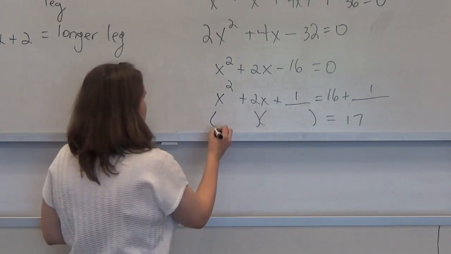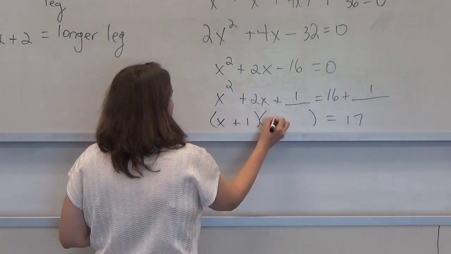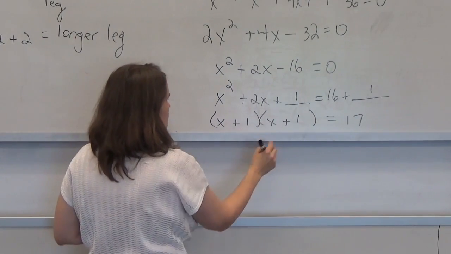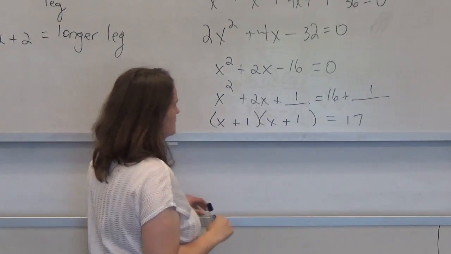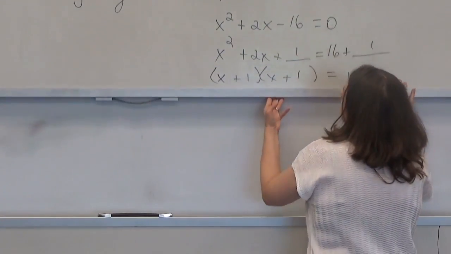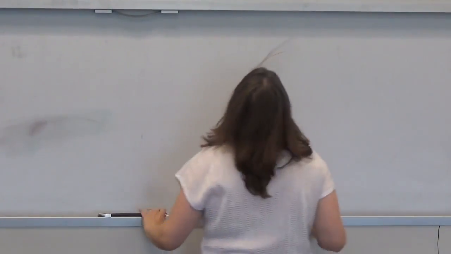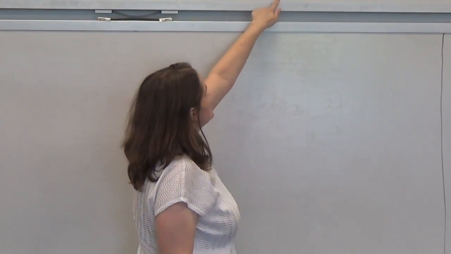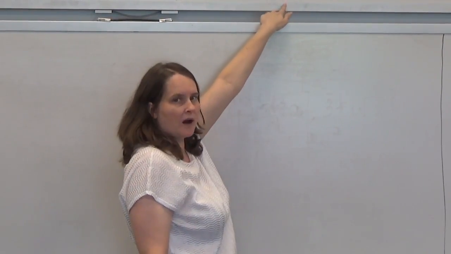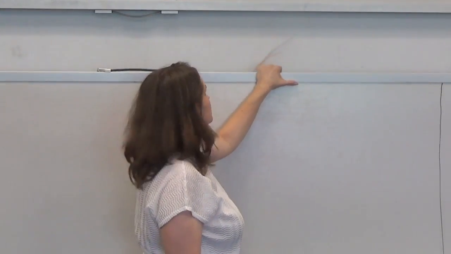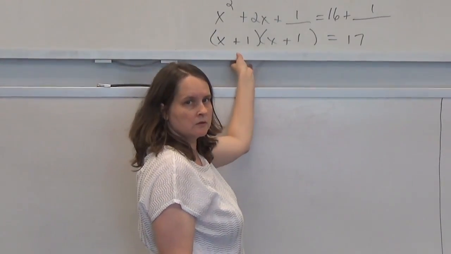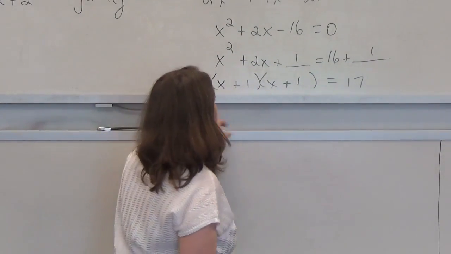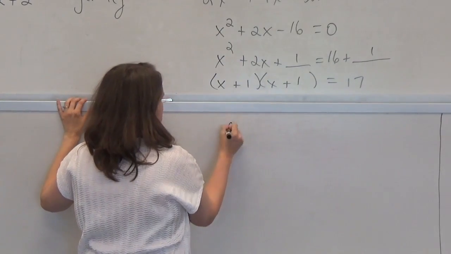Okay, so this should factor as x plus 1 times x plus 1. All right, because 1 times 1 is 1, and then 1x plus 1x is 2x. And notice you have the same thing inside both sets of parentheses. That is a requirement for completing the square. And I think I may have scaled that up too high for you. Sorry about that. Okay. So you've got the same thing multiplied by itself. So that allows us to write this as x plus 1 quantity squared